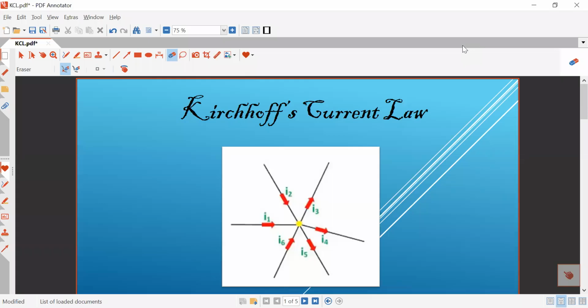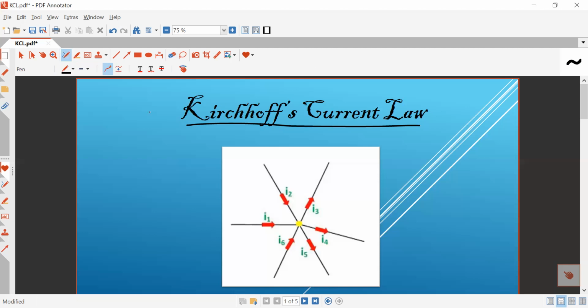In this video, basically I am going to discuss Kirchhoff current law and some of the numerical examples based on Kirchhoff current law. And if you have a sound knowledge of Kirchhoff current law, then using this law, you can easily distribute current in the various branches of electric circuit. Or you can say, this law will help you to distribute the current in various branches of electric circuits.